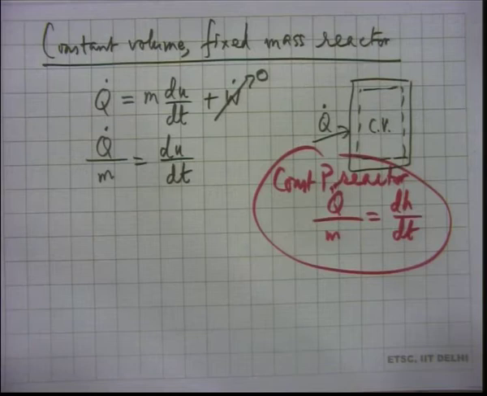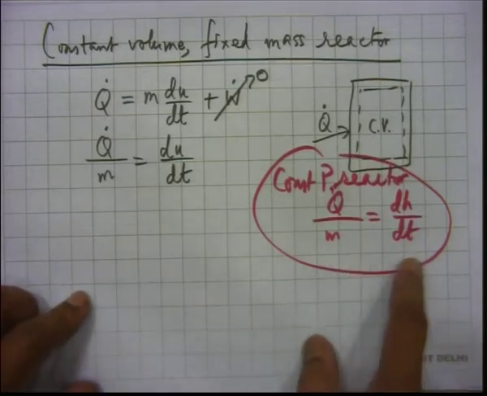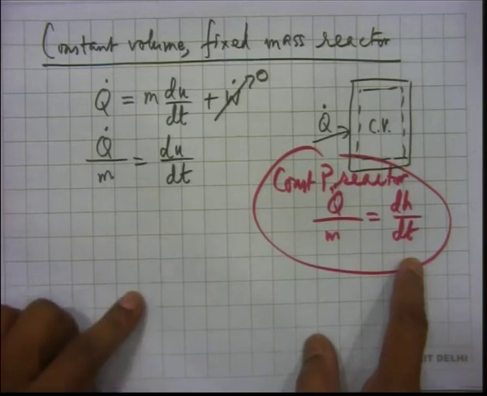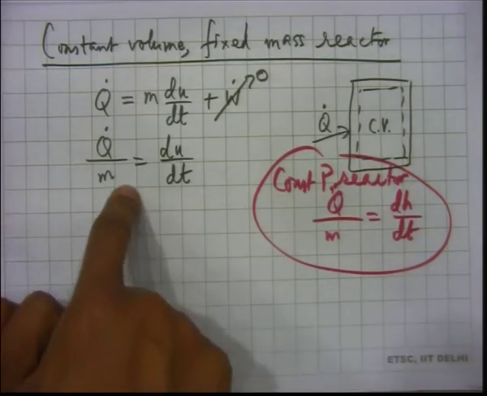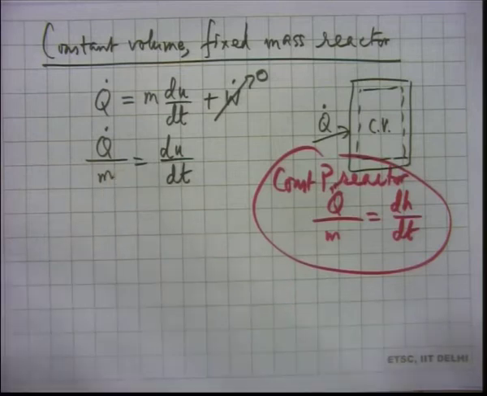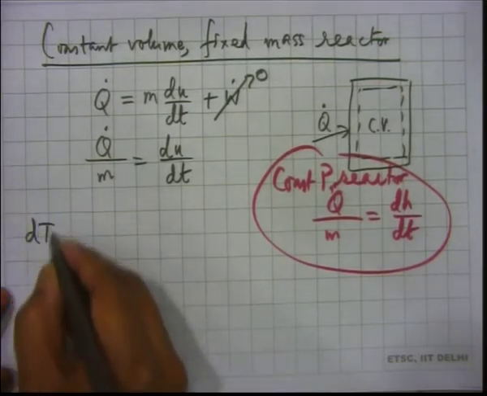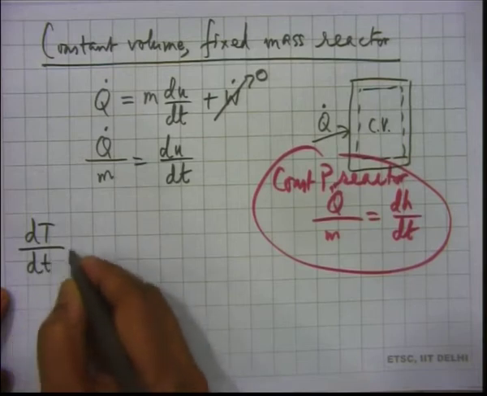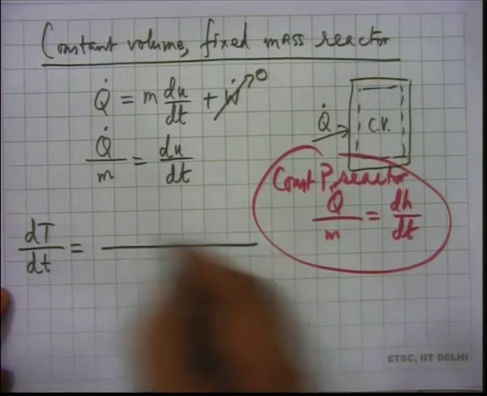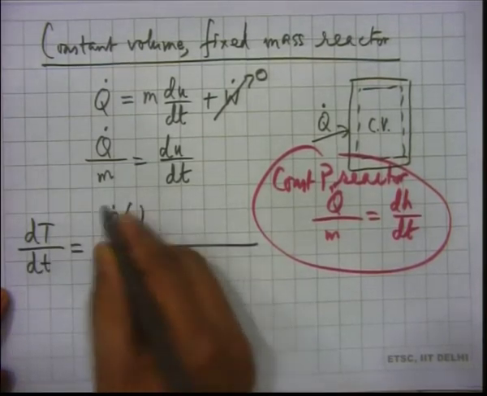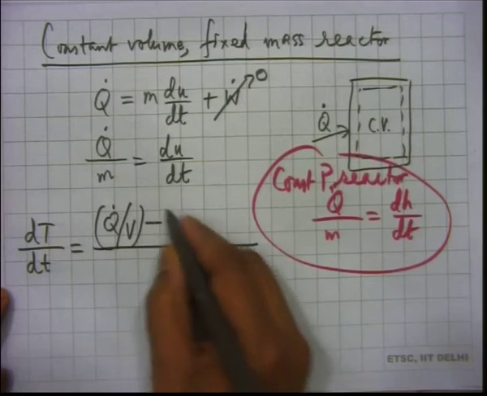This is something interesting because we can say that whatever equation we developed for the constant pressure reactor, maybe we can develop the same equation for this one, just replacing H with U. So, check this out, it will have a predictable course, and you should be able to write